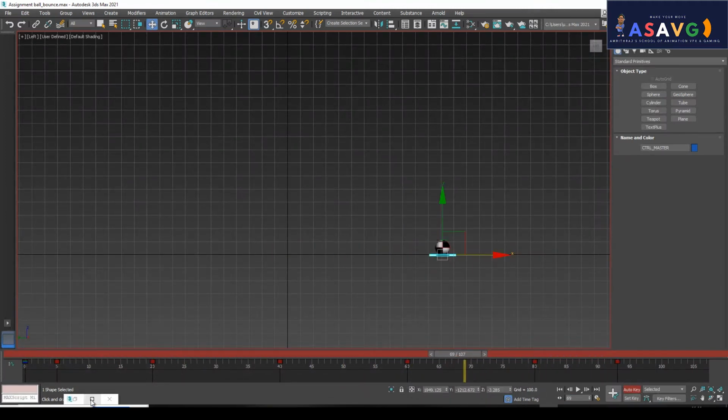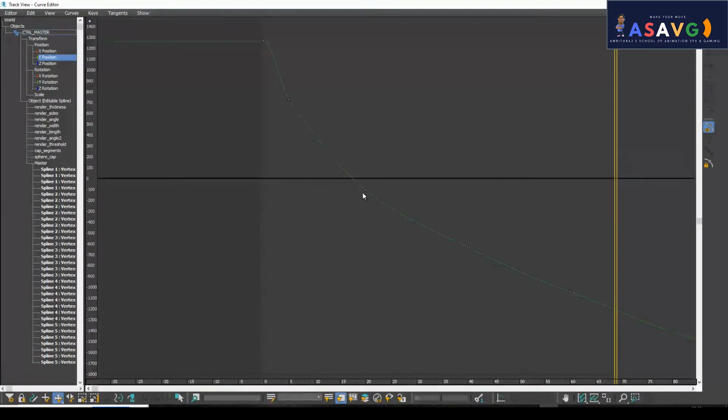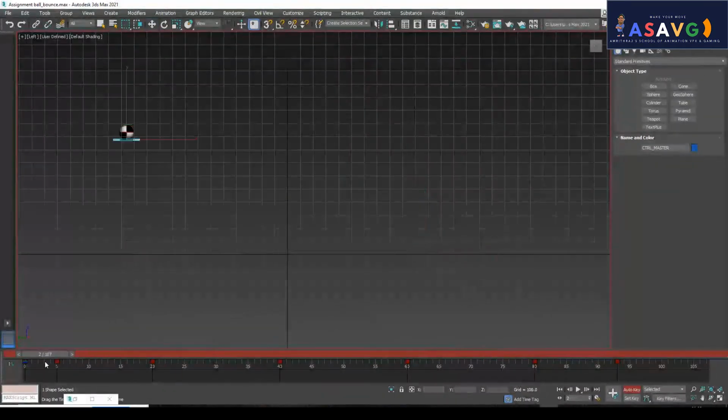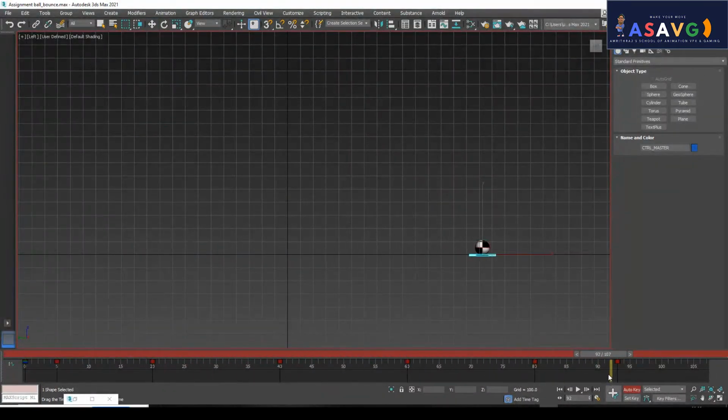Now also there is some problem. I want a straight curve, so I am going to delete this one, as well as this one, as well as this one, as well as this one. So this is a curve, so I will be checking this curve. Now it's working, understand? Now the whole thing is working according to our need.